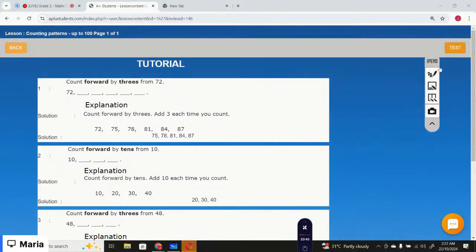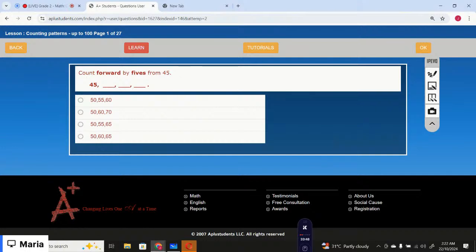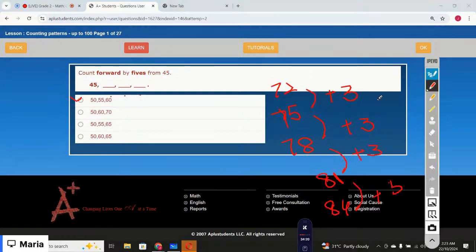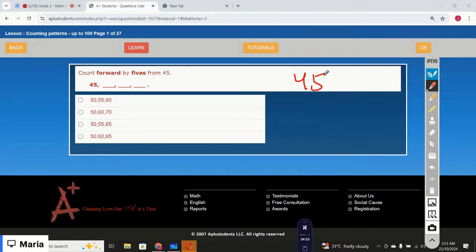Let's just start with the test questions. You can skip count or count forward. That is exactly same. Count forward by fives from 45. You do the same for skip counting. So you need to skip count or count forward by 5. So start with 45. That is 45 plus 5,